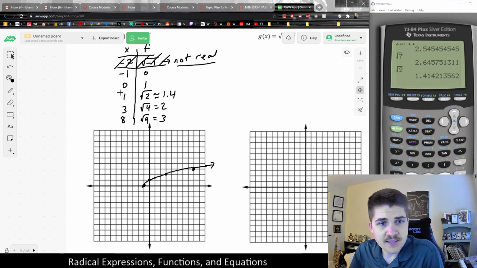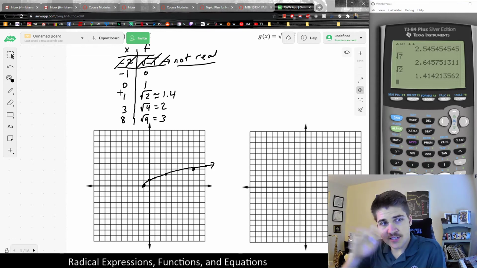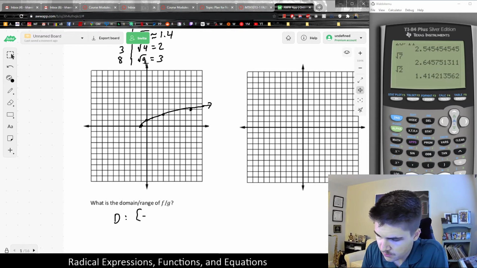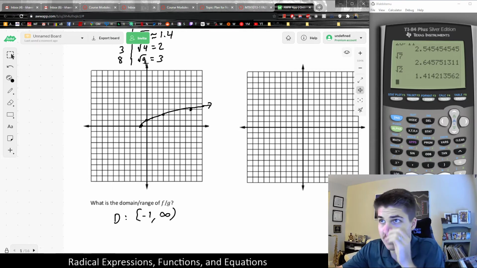But that being said, it has a very distinctive shape. It looks like half of a rainbow, if you want to remember. But all radical functions, when they're square roots, will have a graph that looks somewhat like this. And discussing the domain and range, once we have a graph, it becomes a lot easier to see what this would be. In this particular graph, the domain appears to be from -1 to infinity, basically being that the first